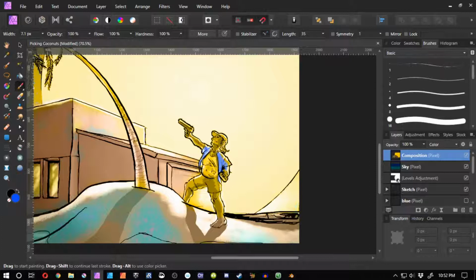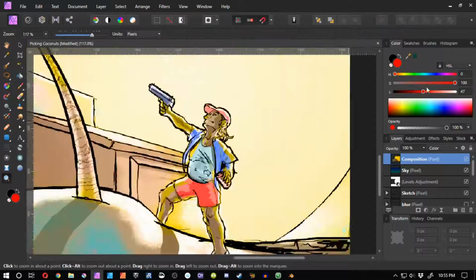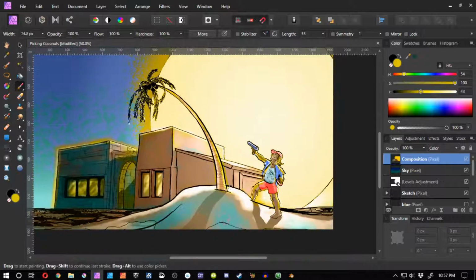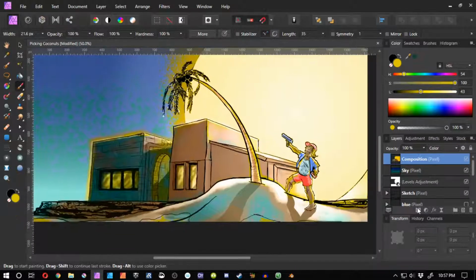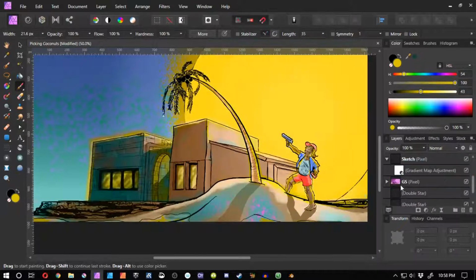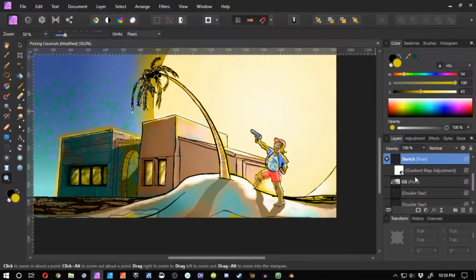It looks awesome. Gave him a blue shirt, you know. He just looks like some guy that's happy to be on vacation, and so happy he's just gonna forget that there is society, and wears a terrible shirt with stains on it. You know, there were times when I was zoomed in, working on the building, just drawing the building, and then I'd zoom out, and I'd see this ridiculous looking character trying to pick coconuts out of a coconut tree with a pistol, and it just kind of made me chuckle a little bit.